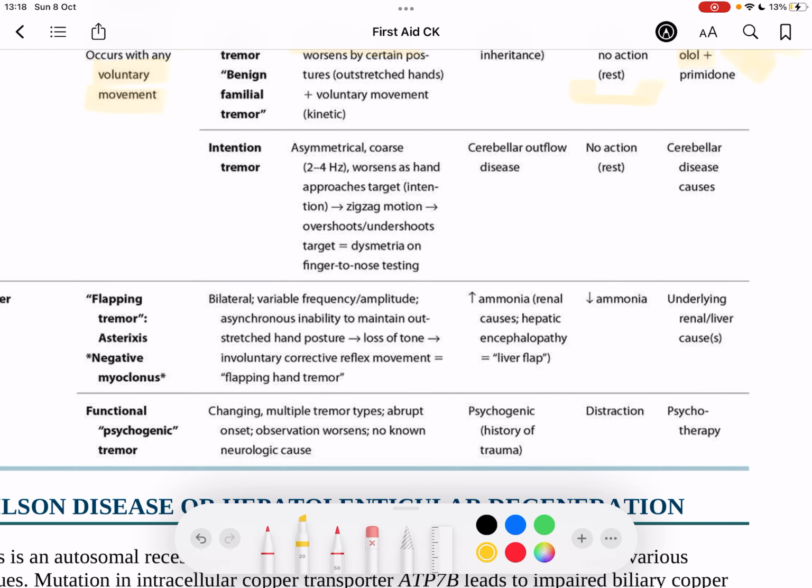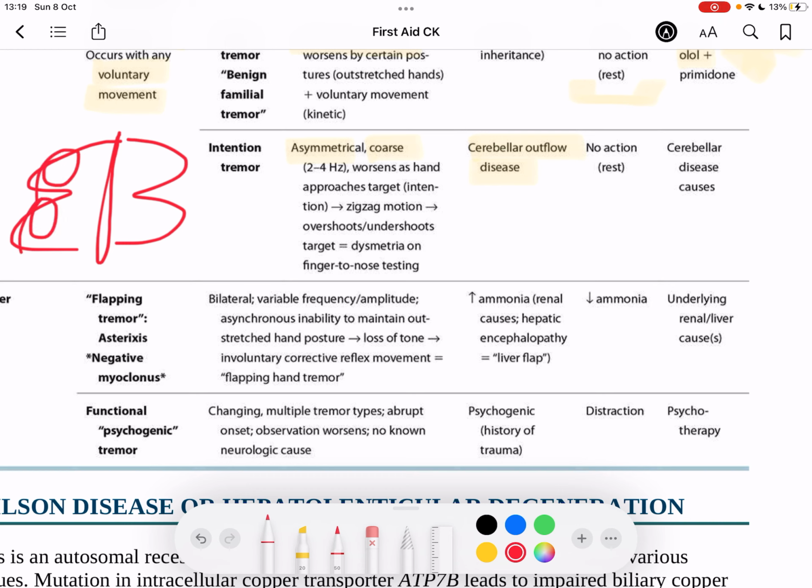In contrast, intention tremor is an asymmetrical but coarse tremor. What does a coarse tremor mean? That means a very low frequency, okay? It's going to be not that fast, okay? And this is usually seen in cerebellar diseases, okay? And more commonly, if you look at the cerebellum, you obviously have the vermis of the cerebellum, and then you have the hemispheres of the cerebellum. The intention tremor usually happens when you have lesions of the hemispheres of the cerebellum, not so much the vermis,